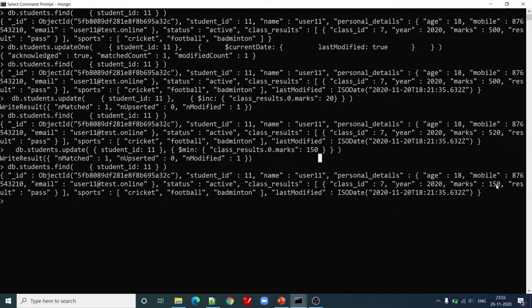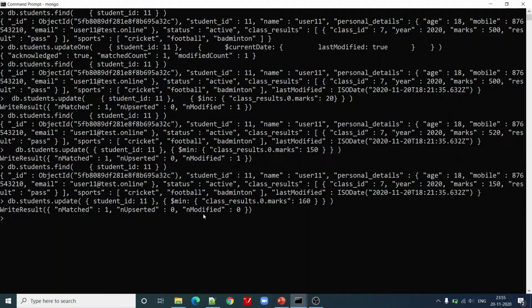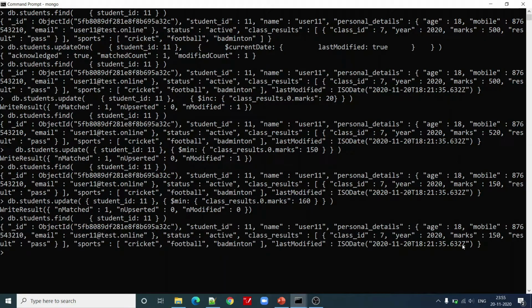Right now the existing value is 150, and if we specify some value which is greater than 150, it won't update. You can see that modified records are 0, and we can validate it by running this query, and we can see that it has not updated to 160, it is still 150. Okay, let us move further.